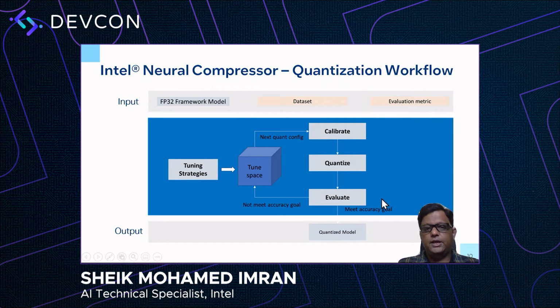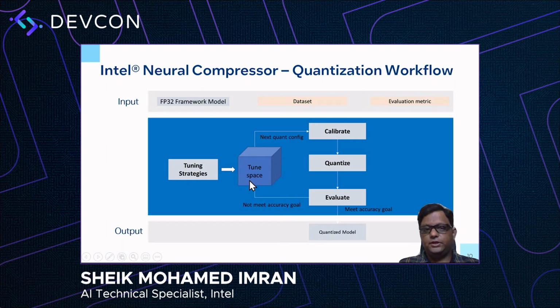The evaluation metric. And if it does meet the thresholds that we've set, then it'll just output that quantized model. If not, it'll go ahead and figure out other sets of configurations based on the tuning strategies that we give to find the best